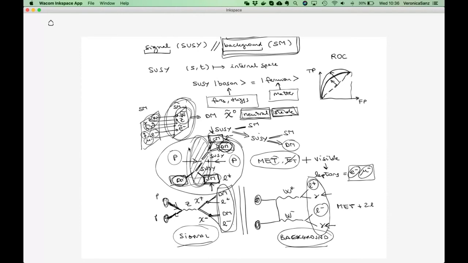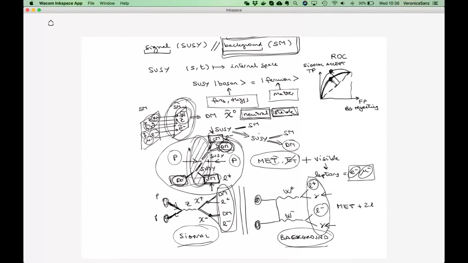Let's say this one. And you say, well, this tells me how much of the signal I accept, how much of the signal I'm actually identifying. And this tells me how much of the background I'm rejecting, or I'm able to reject. And you will say, okay, so I'm going to work in an operating point where I get the best of both worlds. For example, here at the tip. That means that I accept as much signal as I can,